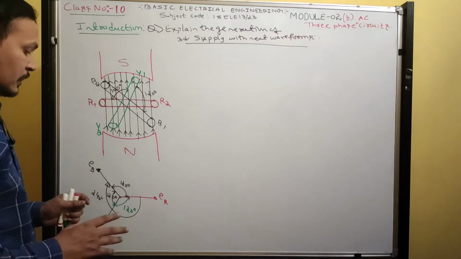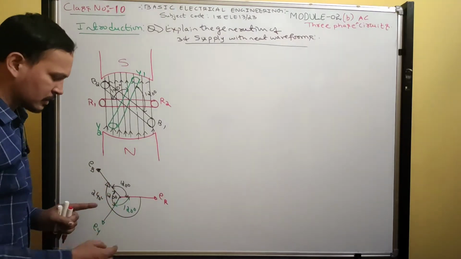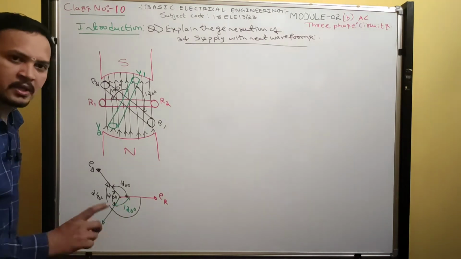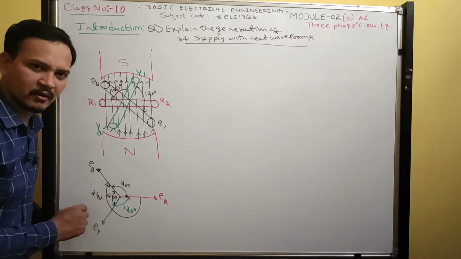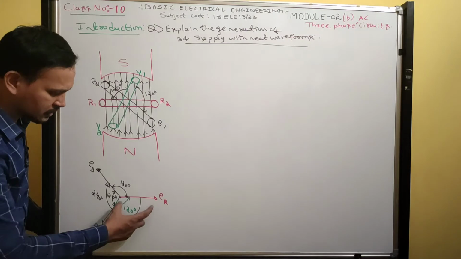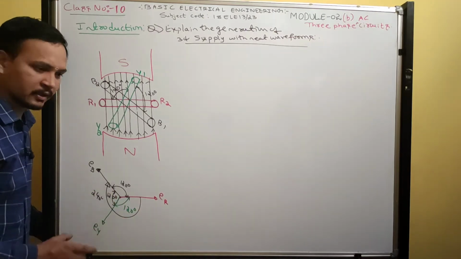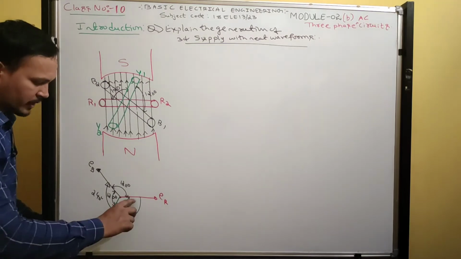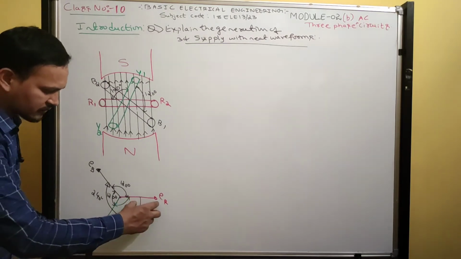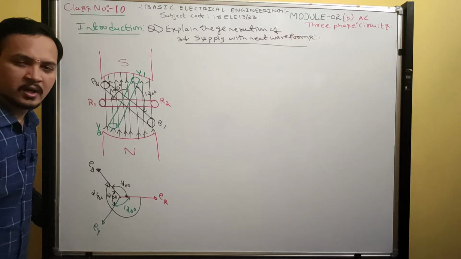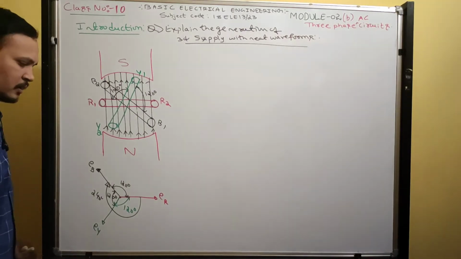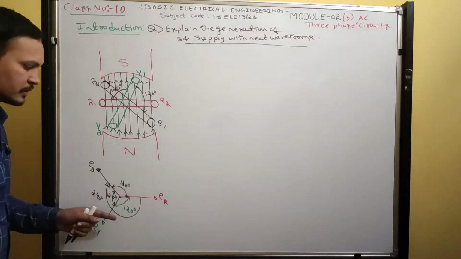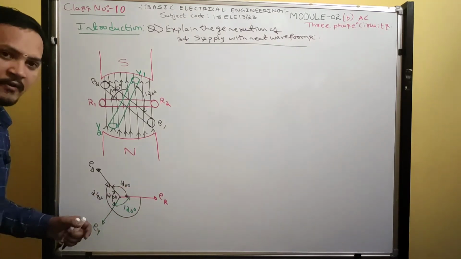See, the induced voltages are in such a way that they have constant magnitude, which means the length of the phasors should be the same, but I have not written this according to scale. You might see this is bigger, this is smaller, but you should write everything with the same length. You should write in such a way that all these phase voltages are displaced by 120 degrees with respect to each other, and write the mathematical equations for all these phasors, instantaneous.